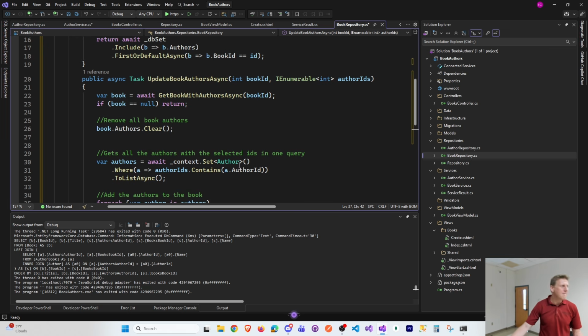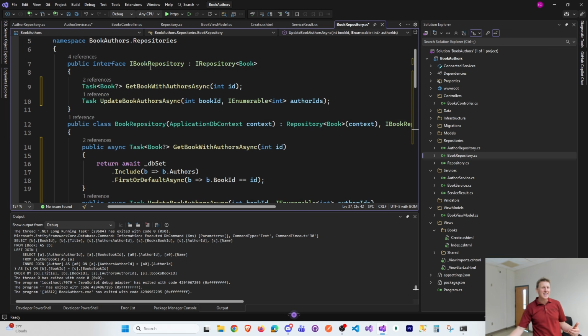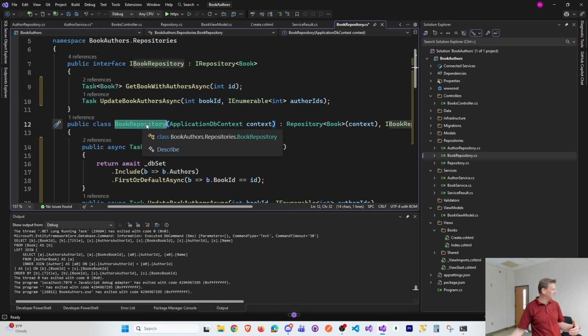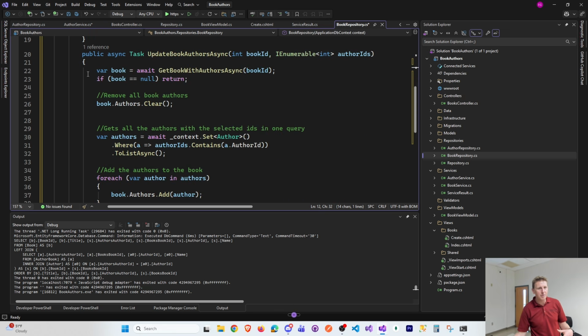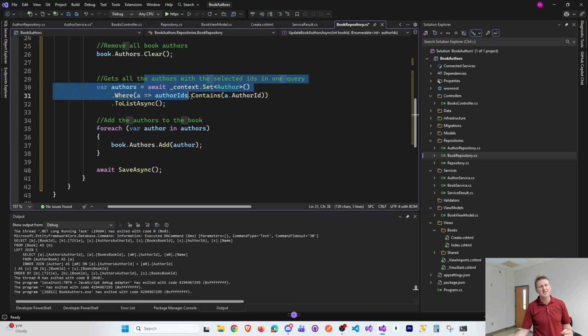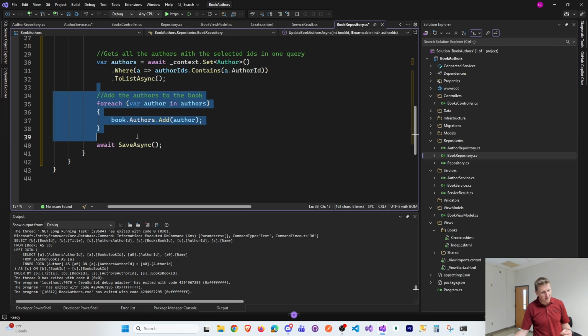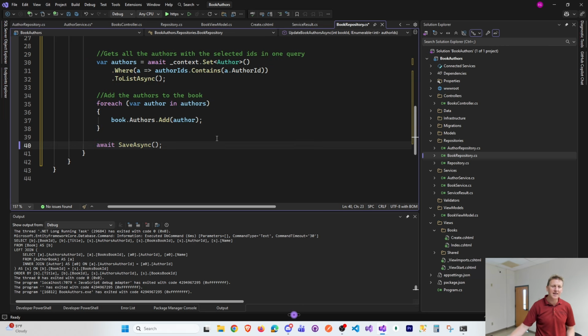So this is the many-to-many logic that I was kind of hinting at, why we needed the book repository class, because there's some many logic that is right here. A book has many authors, so clear those authors, select the authors, add the authors back on, and then